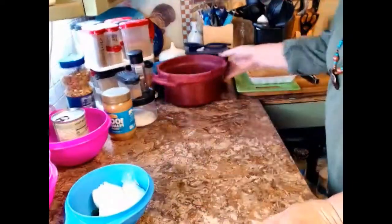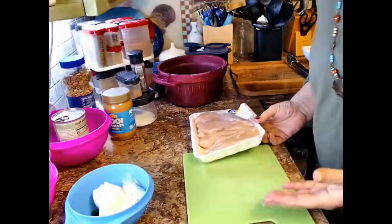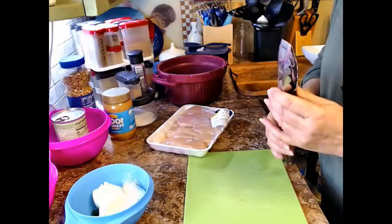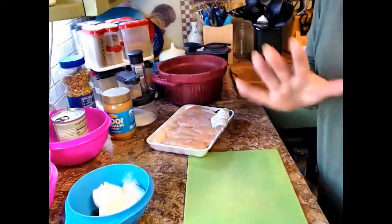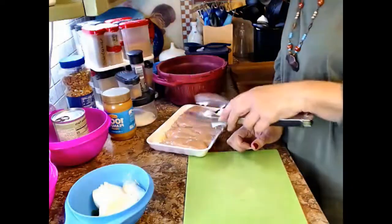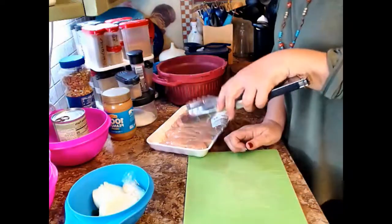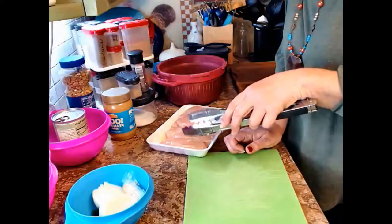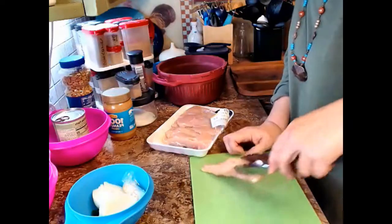So before we get started, I need to cut up my chicken. Now you can use chicken thighs, you can use chicken breast, whatever you have. Whatever's on sale, get that, use that. It doesn't have to be exact. These are just some chicken tenders that they had at the store. This is a little bit under 2 pounds, and I'm not going to use quite as much, but I'm going to